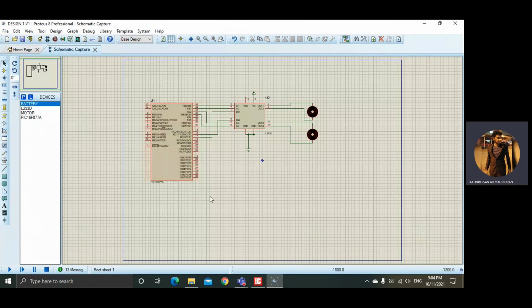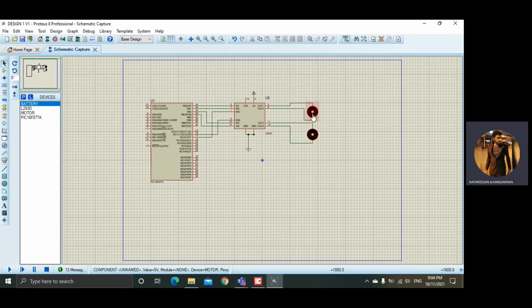We designed this Proteus circuit and this is our PIC 16F877A, and this is our motor controller L293D. This is motor 1, which we placed as the right side motor with 5 volts, and this is motor 2 with 5 volts, placed as the left side motor.